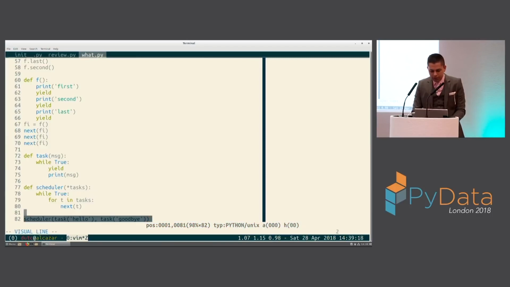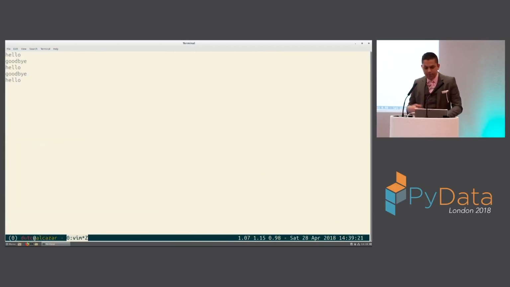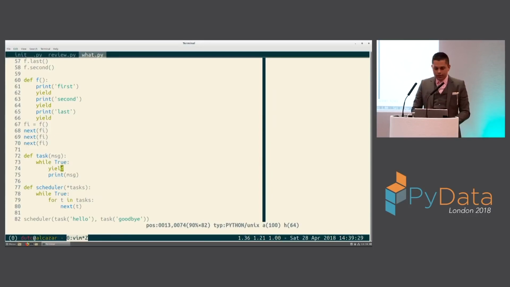We can see that the sequencing is actually very important. It's key to why we have generators as the async mechanism in Python for single process asynchronous. You can see that the yield is actually doing literally what it says, yielding control back to the scheduler, and the scheduler is figuring out how to interleave these. So this is why generators work this way.